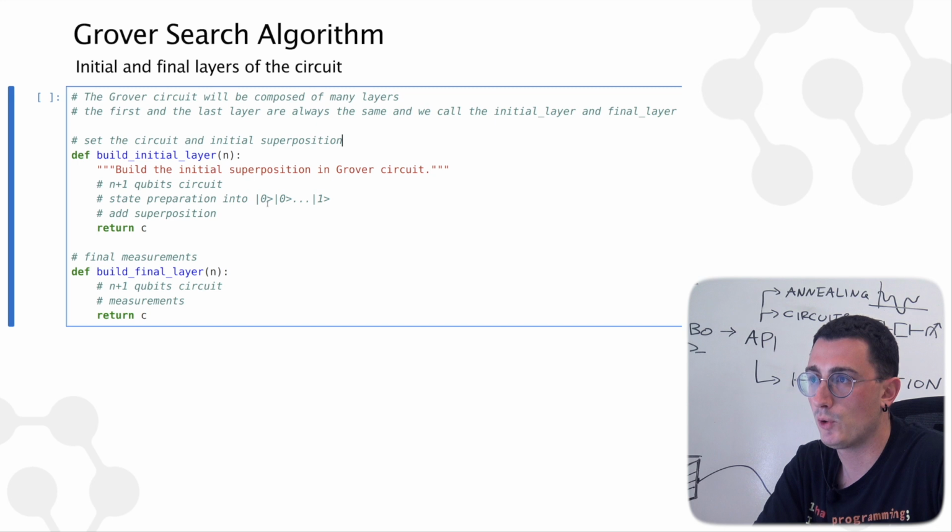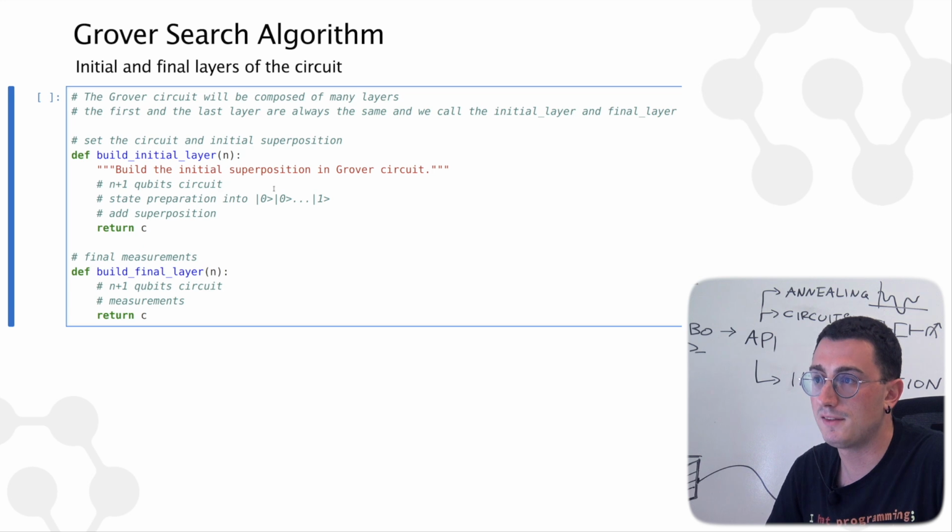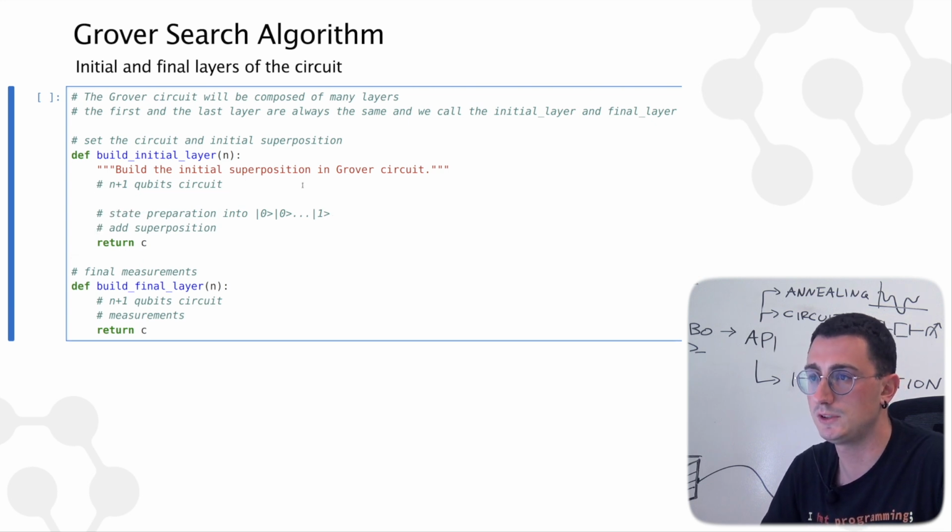This is a similar approach to the one we used implementing the Deutsch-Jozsa circuit. So the first layer, the initial layer, will be the one in which we prepare the state into the 000 state for the input register and the 1 for the ancilla, and then we add the superposition. So what you can do, since the structure of the function is similar to the one you already saw in the previous lecture, is we have a build initial layer function, we pass the number of qubits, and then we